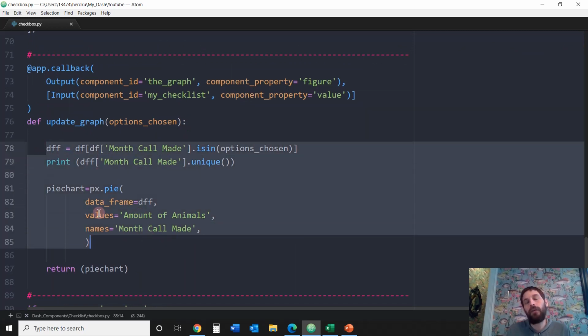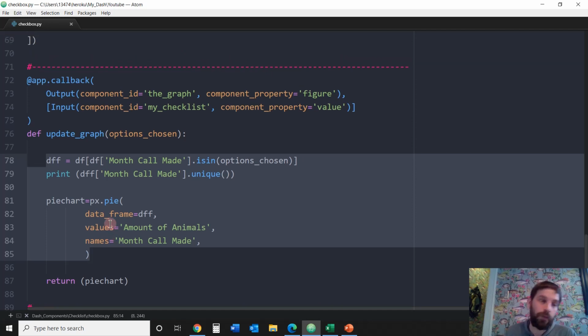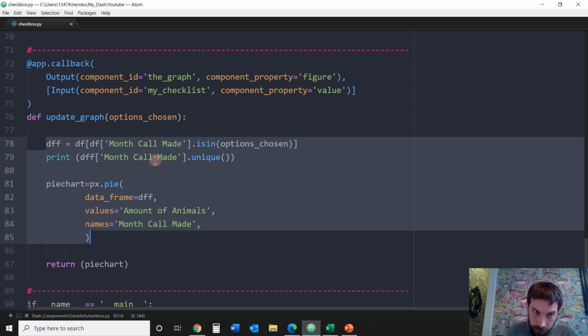Now, I'm not going to go into a lot of detail here because I already did that with the bar chart video above, that talks about connecting radio items to a bar graph. So it explains a lot more detail. Here, I really want to focus on the checklist and every option that it gives you. But just so you know,